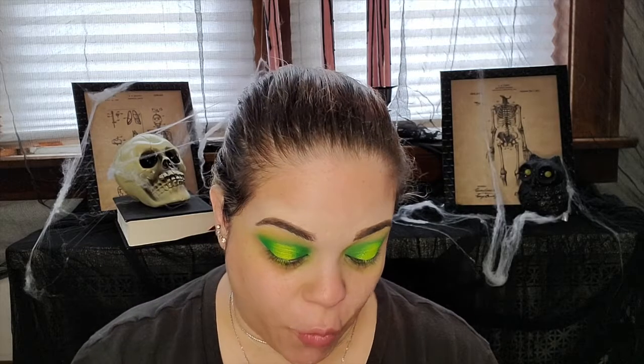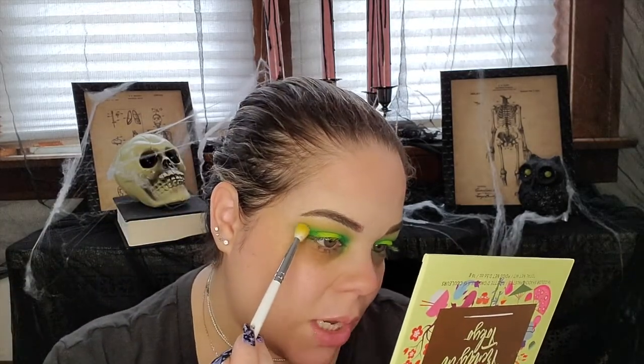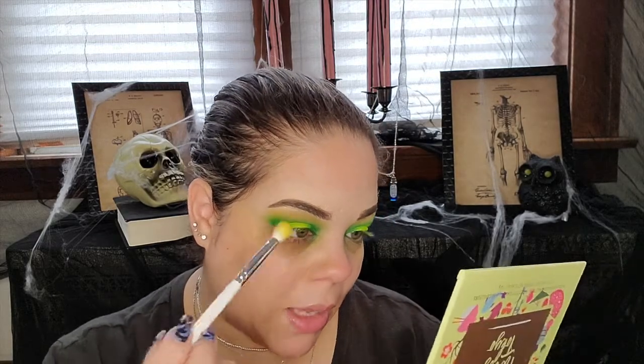So once you're done going a little bit back and forth, this is what you should have. Now, I'm gonna go back in with the brush I used for karaoke, and that is the JH33 brush. Tap off the excess, go just above that green, and kind of bring back that transition. So we're not done with our eyes just yet, but for now we are going to move on to our